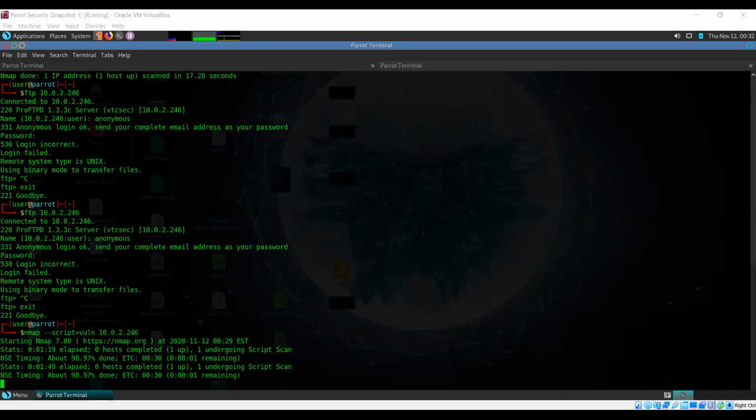Depending on the kind of behavior that service or that application exhibits, you may be able to find a denial of service vulnerability where you could crash the system. You could find a remote code execution vulnerability where you could run whatever code you'd like on that system. And there are, of course, others as well, but these are the most commonly found.